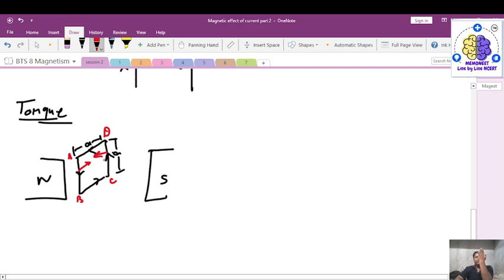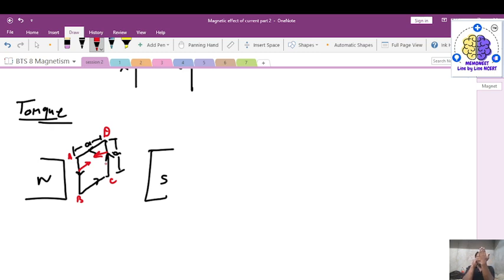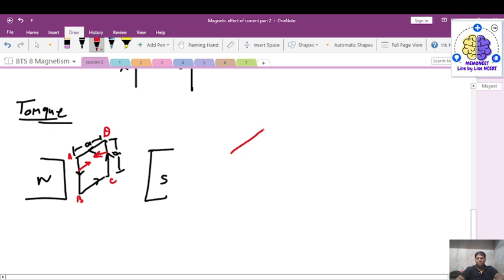So suppose this is the coil placed in the magnetic field. The magnetic field is from my left to right. Then this conductor will be experiencing a force in the outward direction, and this conductor will be experiencing a force in the inward direction. So what will happen? This will turn, and it will experience a torque. So if we view the coil from the top, we'll find that this coil is experiencing force F